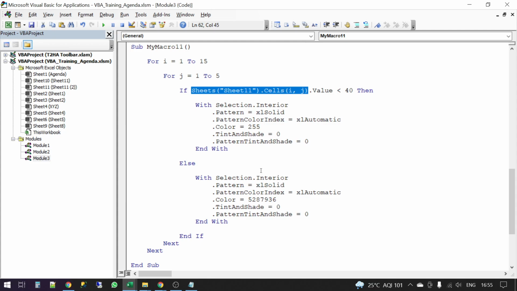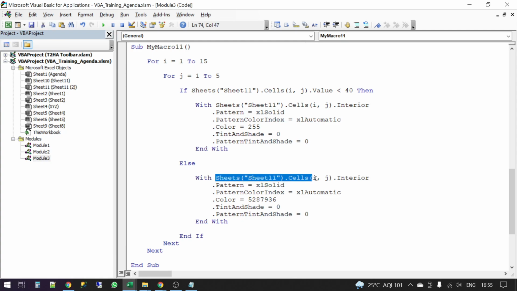So in fact, the code is already written. You just copy this and replace this word Selection with the correct reference, i comma j. So now the same static recorded macro has become dynamic.